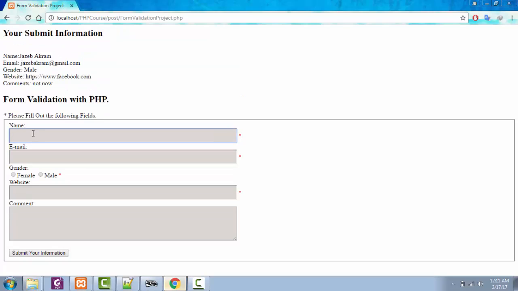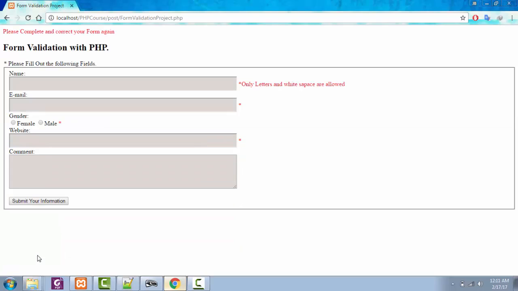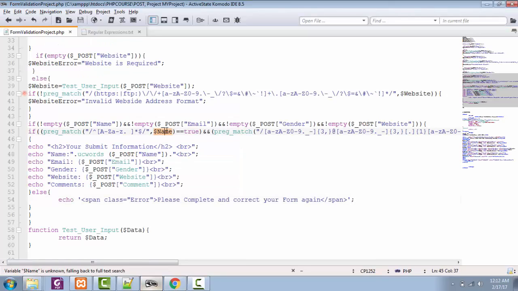So if I add a name like Dr. Jazib, email correct one, mail, submit, we are getting the error. Why? Because we have to add the dot sign for validating the dot symbol as well.